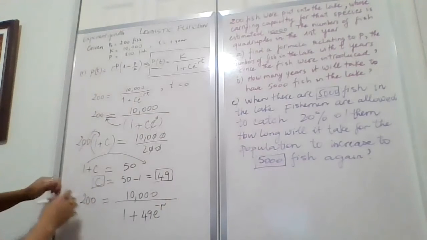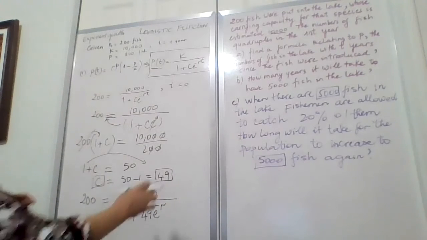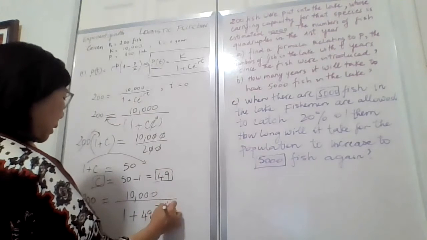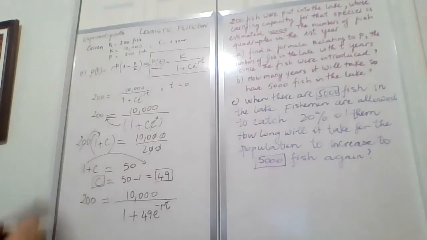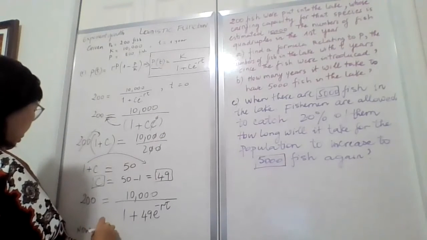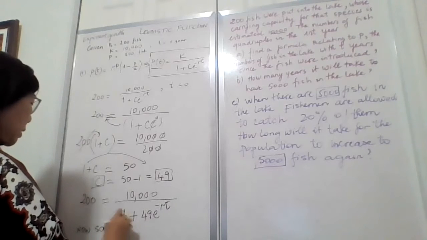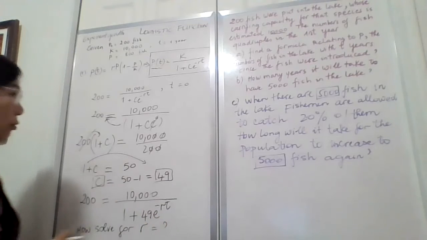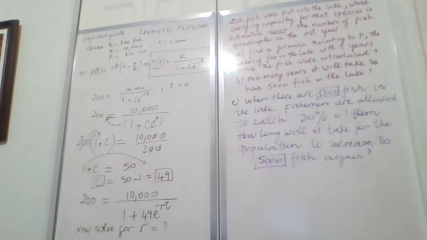And that's what we get. So now we know C. Okay, so we substitute C by 49 and we have minus rt. Now, at this moment, we have to solve for r. So we know C already, but we need to know r as well. What will r be equal to? And how do we do that? So to solve for r,